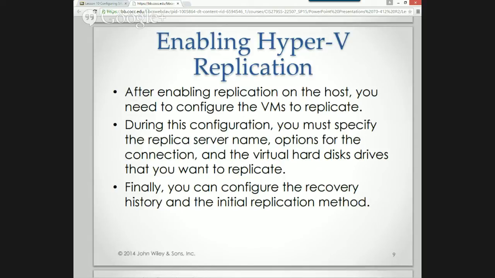So after enabling replication on one host, you need to configure the VMs to replicate. During the configuration, you must specify the replication server name, options for the connection, and the virtual hard disk drives that you want to replicate, because all it's doing is changing a file somewhere. So it's just keeping two files current.